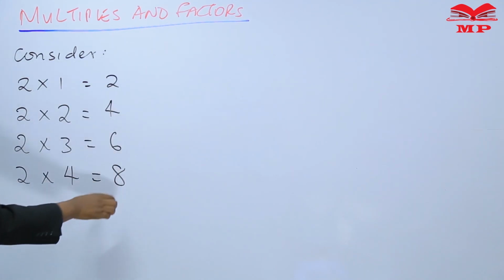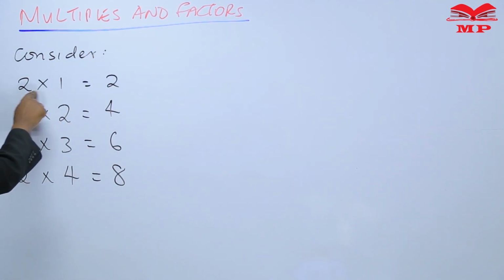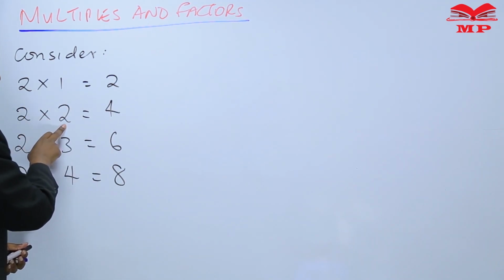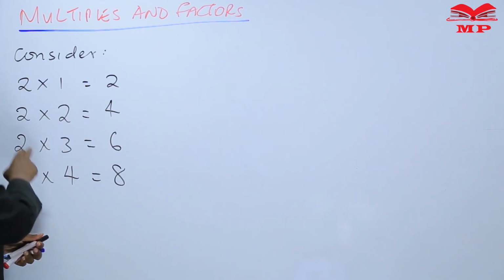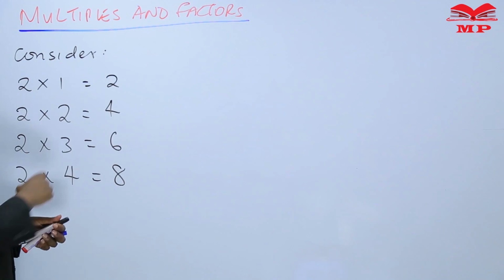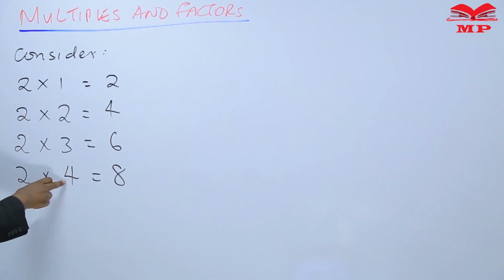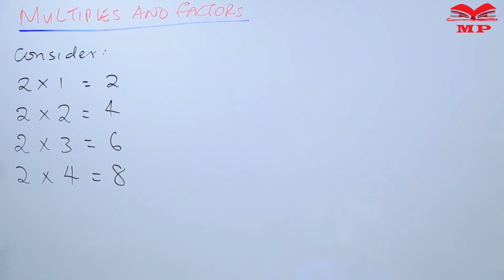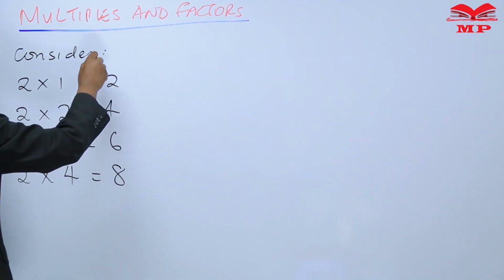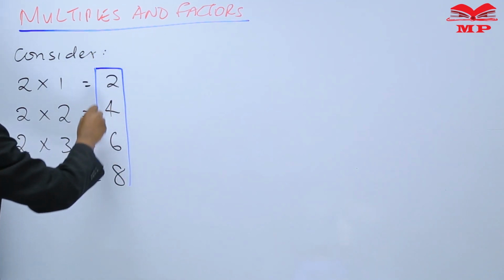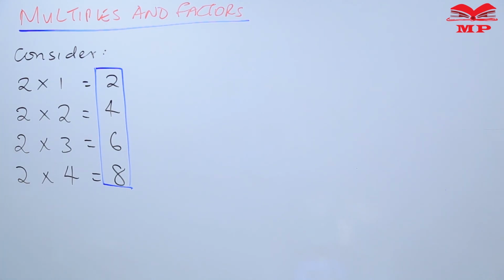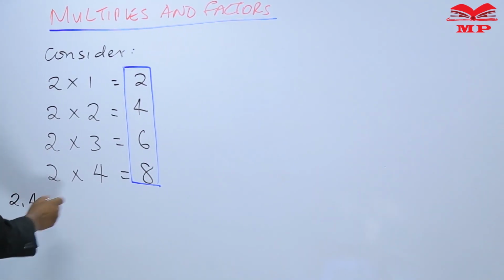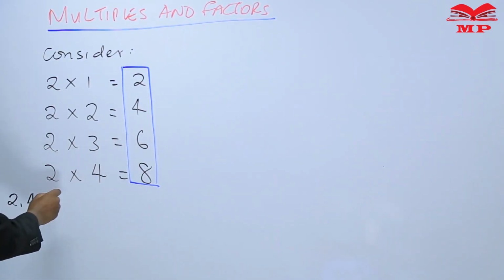Now, given these products, 2 times 1 is equal to 2. 2 times 2 is equal to 4. 2 times 3 is equal to 6. And 2 times 4 is equal to 8. Now, these numbers that we have obtained here, that is 2, 4, 6,